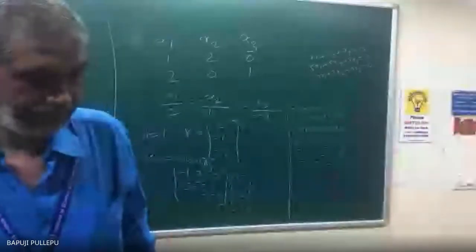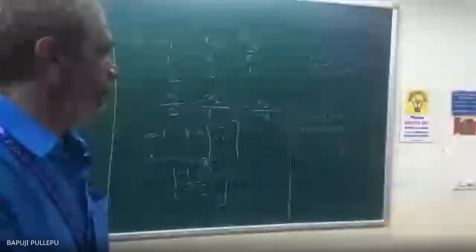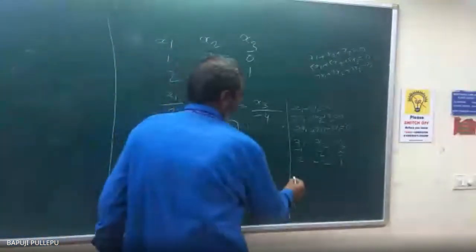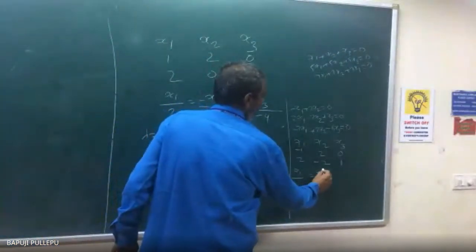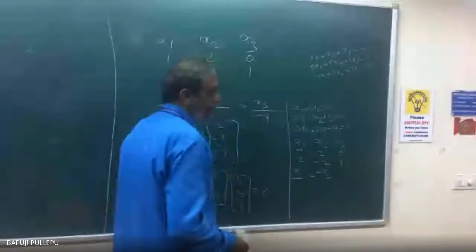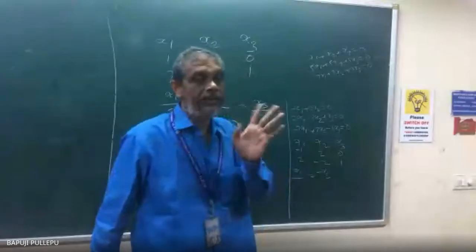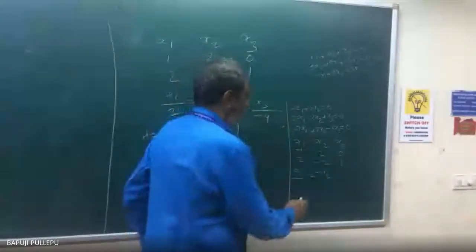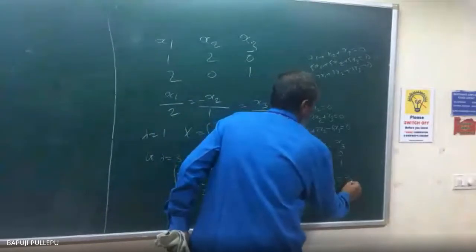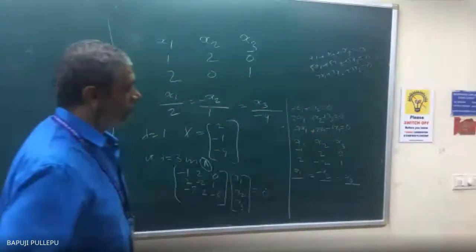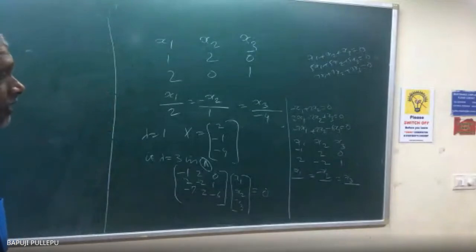Did anyone get the answer? Yes, tell me. So the answer is x2 equal to -2, 1, -2. Wait, coming. What I told, x1, then minus x2; always you can write x2 minus, because if you take from the second coefficient, you can write plus x2. In school level you do that, but I am directly taking minus x2. Now tell, x1 is equal to what?